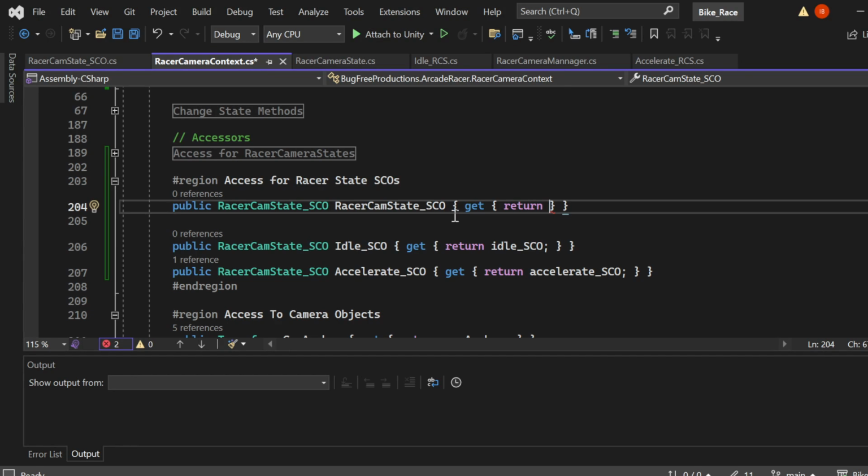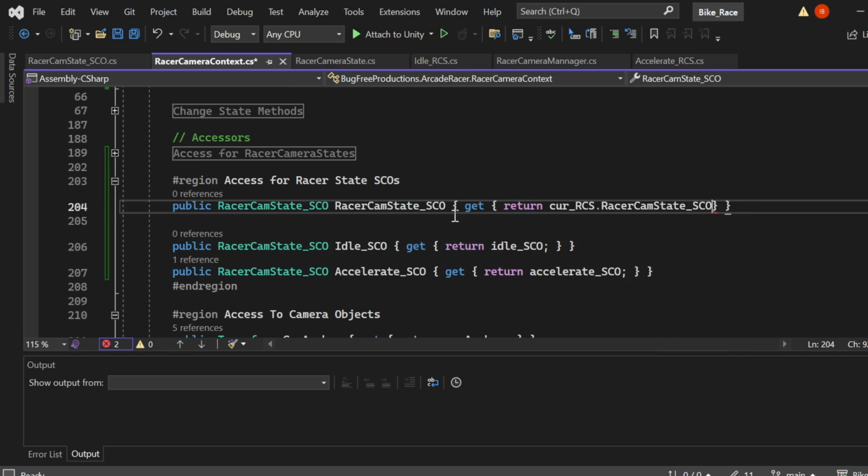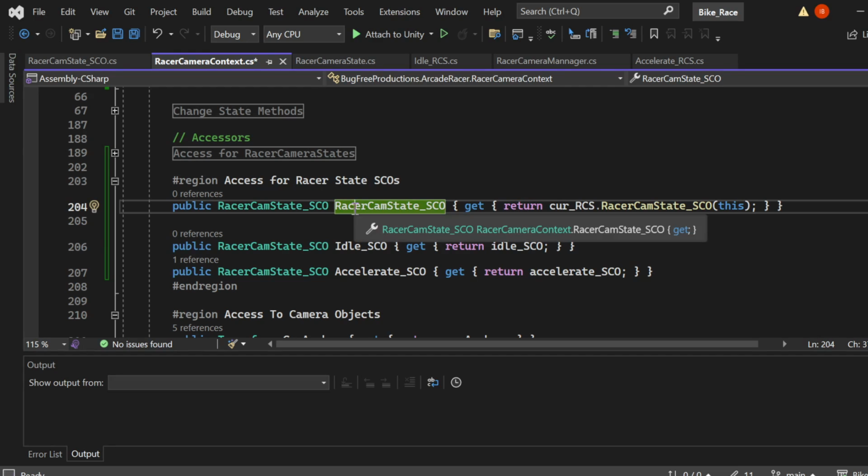The RCS dot racer cam state SCO, which is taking in this. Alright, so this getter